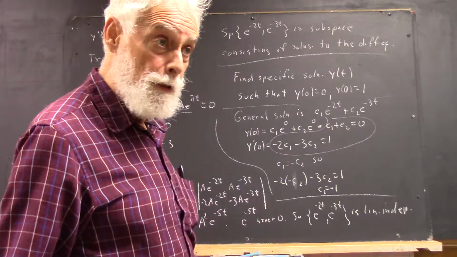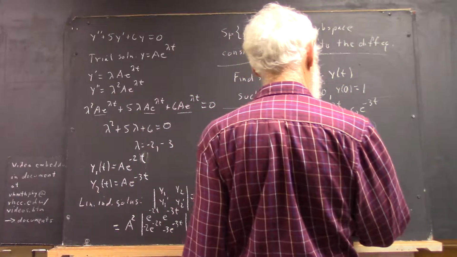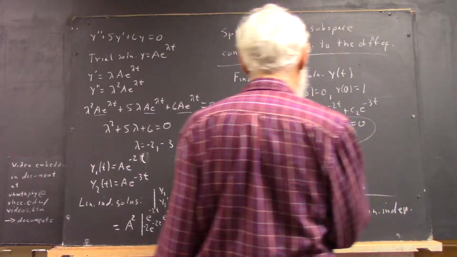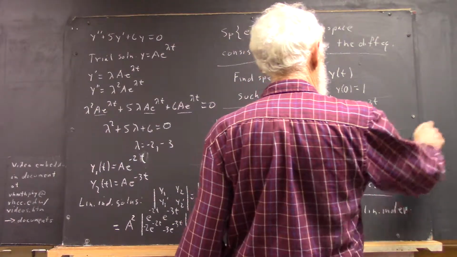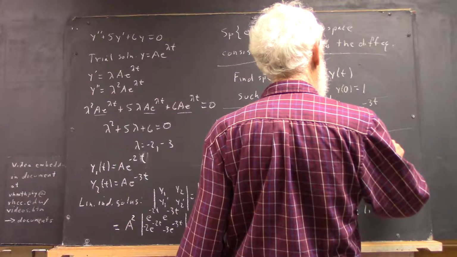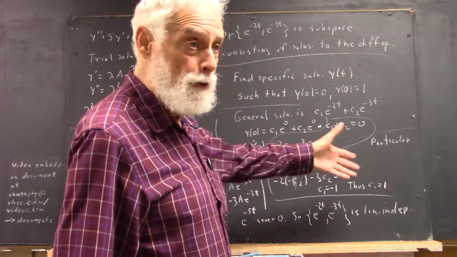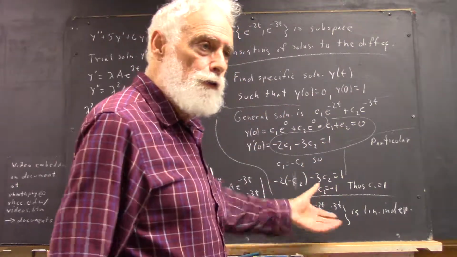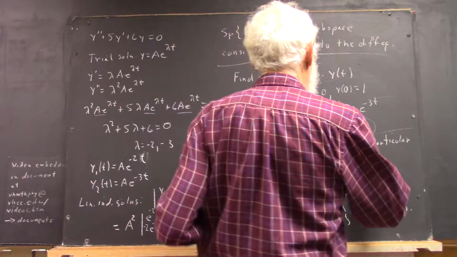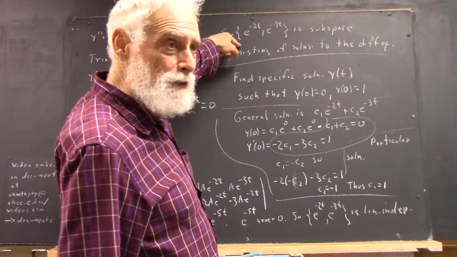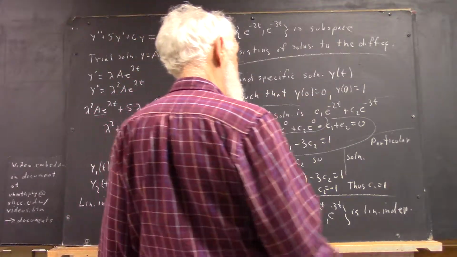Right. Does that agree with what you got? So we're justified in doing this quickly. Okay? Right. And then c1 is negative c2, c1 equals 1. So our particular solution, because we've used the word before, particular solution means the specific solution with the constants evaluated. The particular member of this subspace that satisfies these conditions is